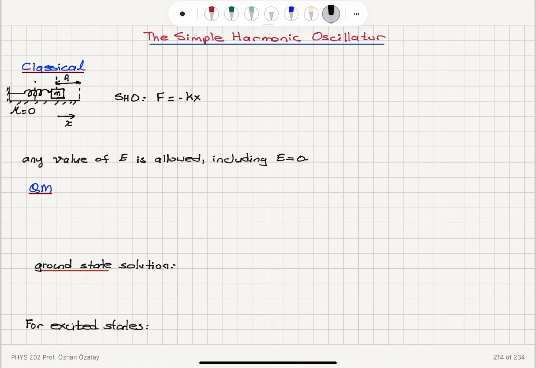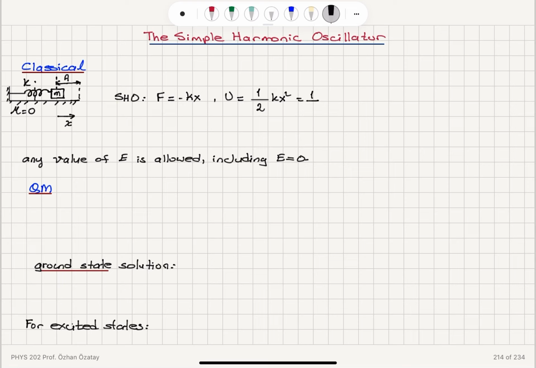If the spring has a spring constant k, then this is minus kx. So it's the restoring force. The corresponding potential energy, U, is equal to 1/2 kx squared, because the spring force is a conservative force. It has a potential associated with it,